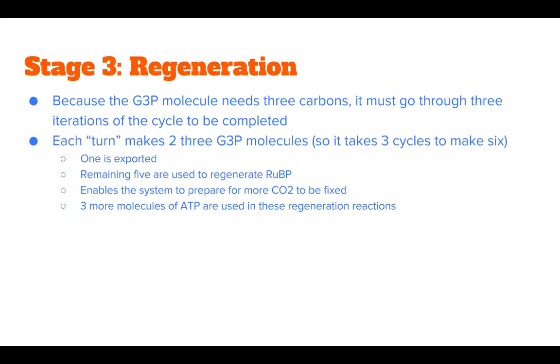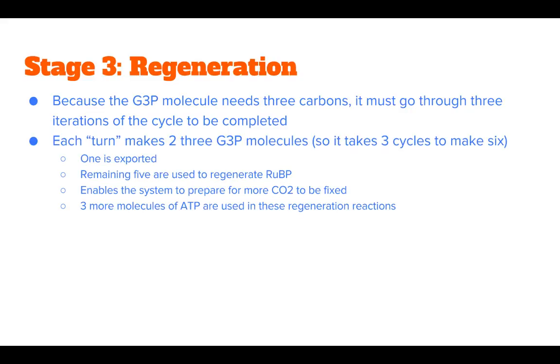So stage 3 of the Calvin cycle is a process known as regeneration. Pretty much what happens is, because the G3P molecule needs 3 carbons, it has to go through the cycle 3 times to be completed, because each turn makes 2 G3P molecules. So in order to get 6, and it always has to be 6, it takes 3 cycles to get 6